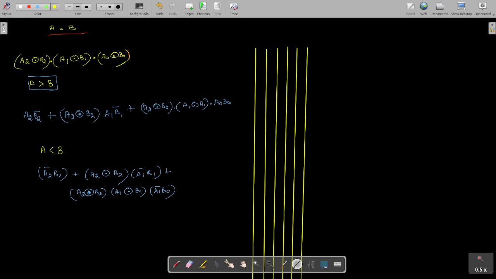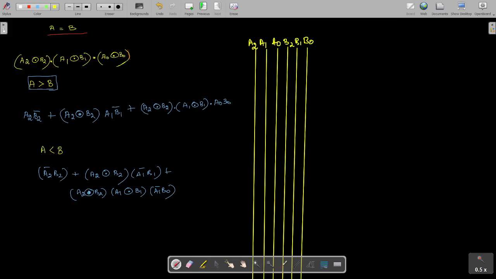Okay, so we have obtained these three expressions for this 3-bit magnitude comparator: A equal to B, A is greater than B, A is less than B. Now we actually have 6 inputs. That is, this is our A2, A1, A0, and then we have B2, B1, and B0.